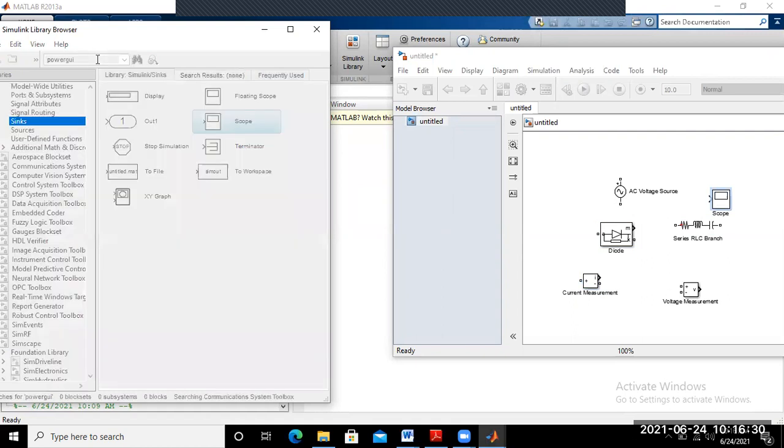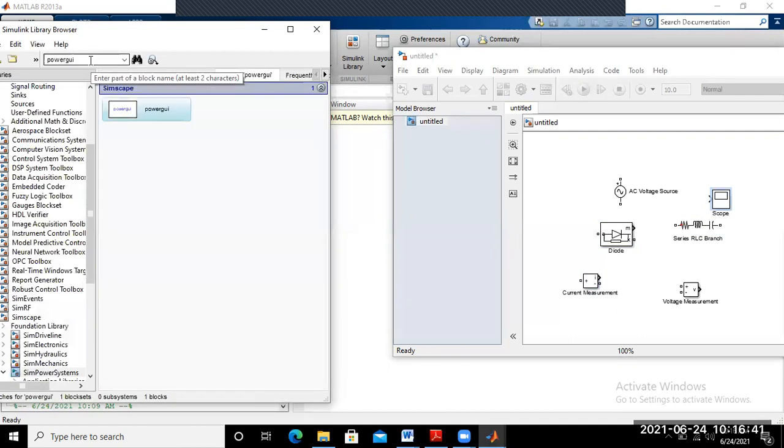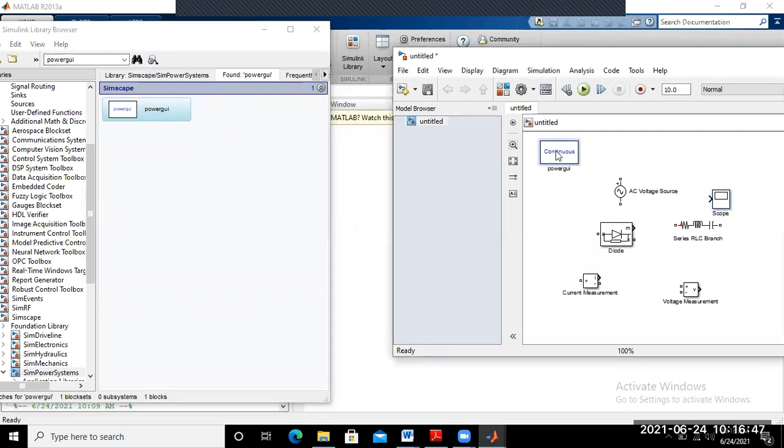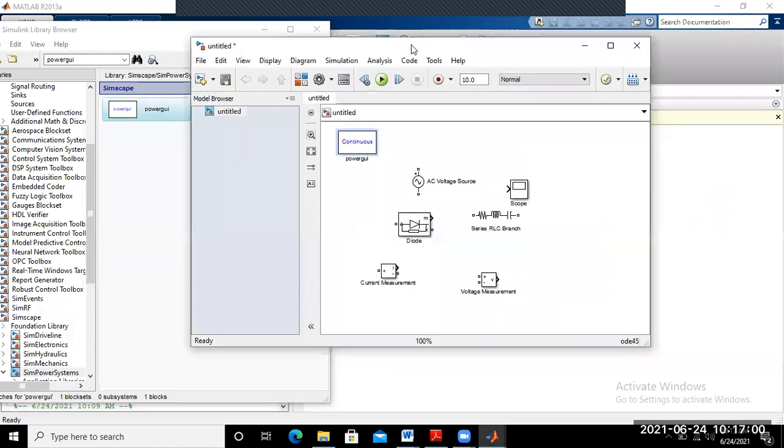So type here and just enter, then you get that block and just paste in the workspace. Okay, yeah. So this block just drag to the workspace. I think all the basic elements we already dragged here. And now we just try to simulate this one.